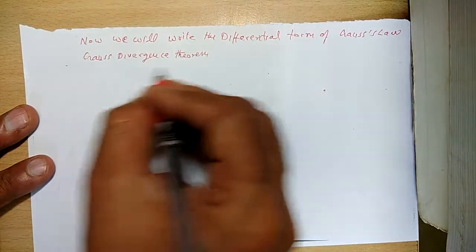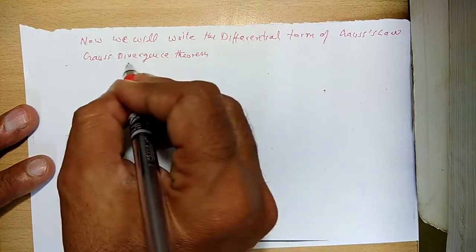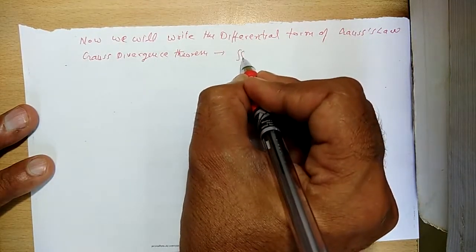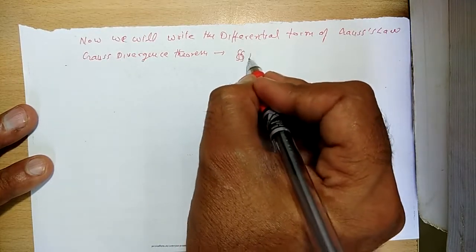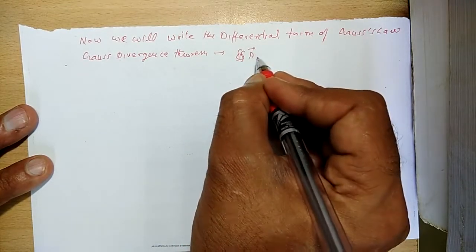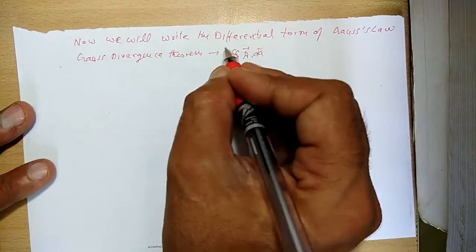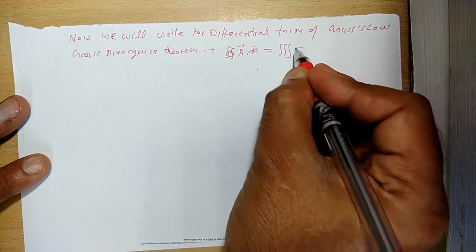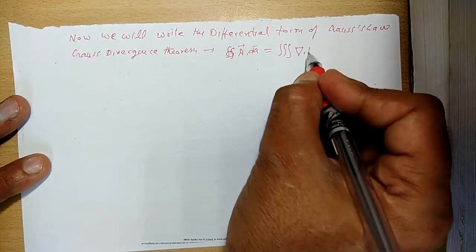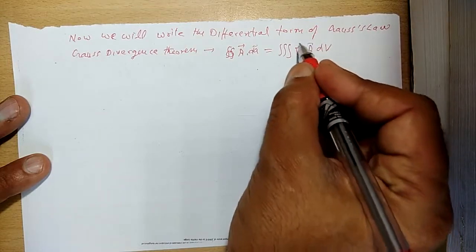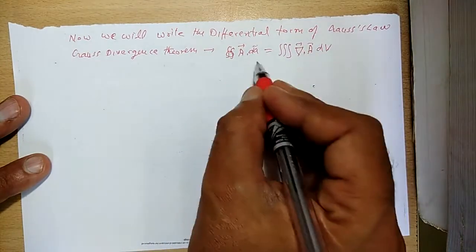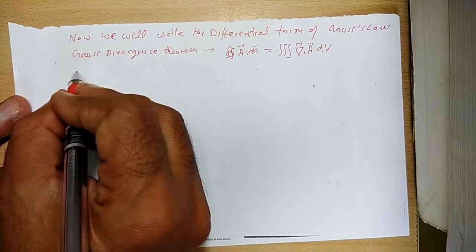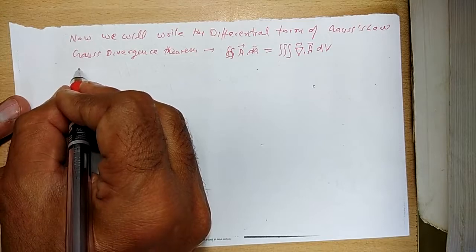According to Gauss divergence theorem, this theorem relates the closed surface integral, if we have A as a vector quantity and dA is the area element, this is equal to volume integral of divergence of A into dV. So this is the statement of Gauss divergence theorem,